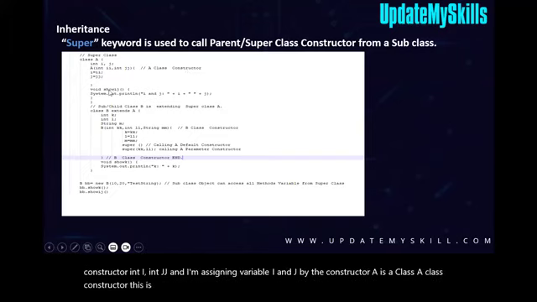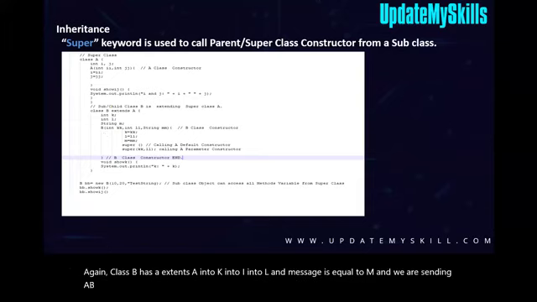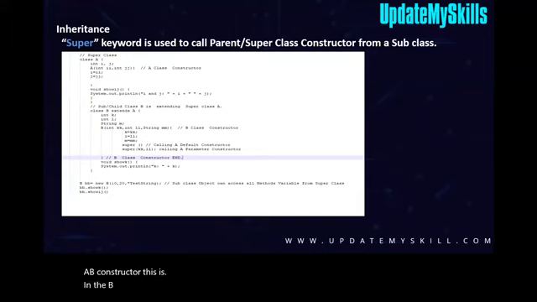And we have a void method, show ij, which prints the i and j values. Again, class B extends A, with int k, and we are sending parameters to the B constructor. In the B constructor, we are calling